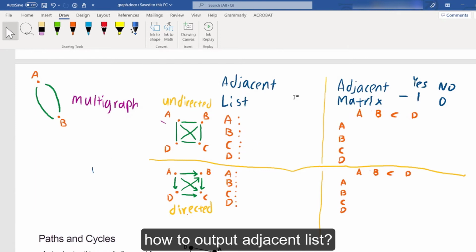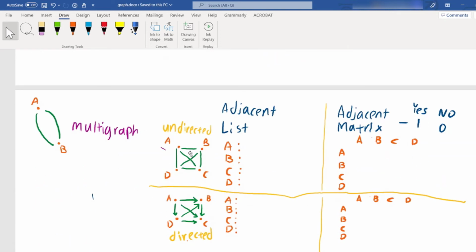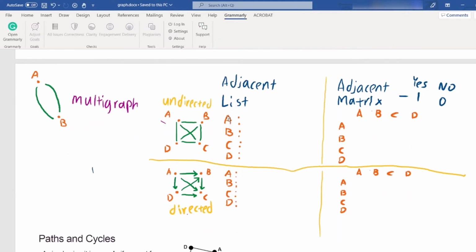Let's do a little practice. Let's look at this example. If we have a graph, let's say it's undirected, with A, B, C, D having edges like this. Let's do the exercise together. If you want to get the adjacent of A, what is the adjacent? Adjacent means neighbor. If I ask you to print the adjacent list, then first